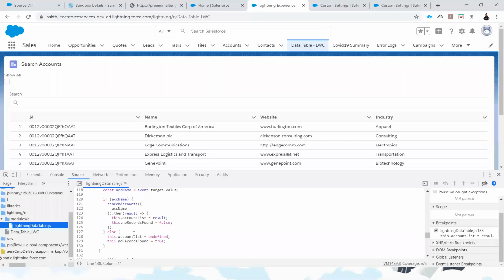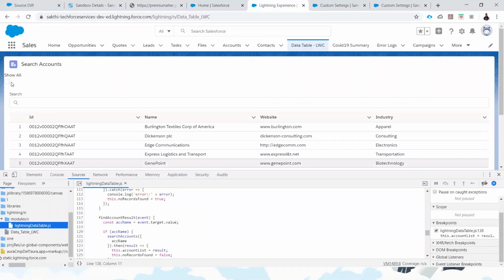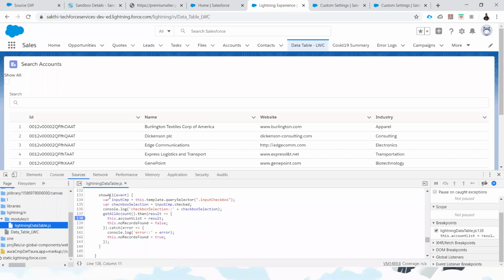From here, let me try to debug. For example, if I click the show all checkbox in the left corner, it will display all the records. For that purpose, one of the JavaScript methods is called while clicking this checkbox, and it is called show all. So here I added a breakpoint. Suppose that while clicking the show all button it should display all the accounts, but for some reason it's not displayed, and you want to debug.